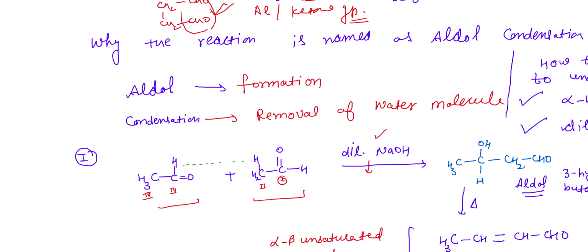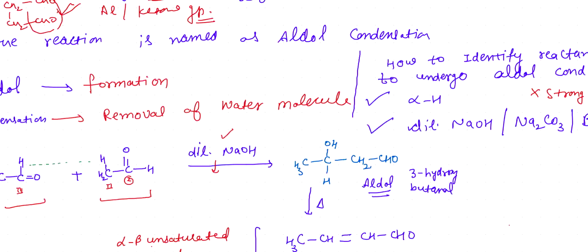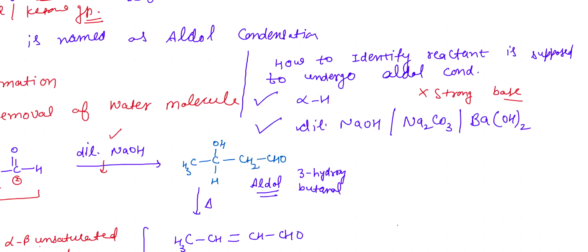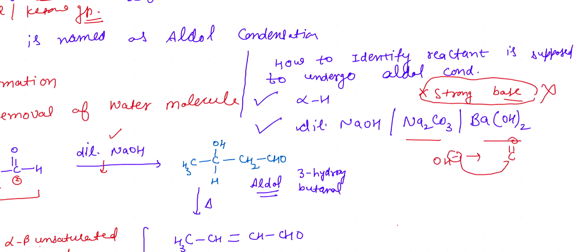In aldol condensations, we always use dilute alkalis. Other alkalis can also be used, such as sodium carbonate and barium hydroxide. Clear? In this, we can't use a strong base, because a strong base can act as a nucleophile and it will also attack the carbonyl group. So you will understand this concept through the mechanism, why we are not using a strong base in case of aldol